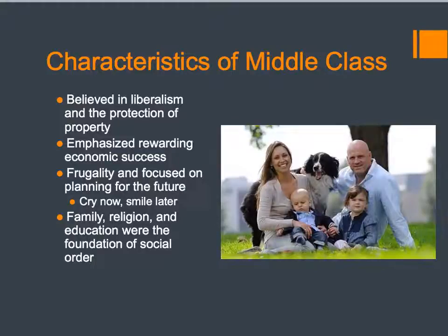With conservatives, I'm not going to ask you to remember these, but just to give you an idea of what's important: family, religion, education. For a middle class citizen, you really couldn't get more important than those three things in any sort of order. If you don't have those three things in society, you're going to really be struggling. Religion sometimes would be more of just a traditional, maybe not so much of an active thing, but the institutions need to be there to impose basically order in society so that you could advance and do certain things of that nature.